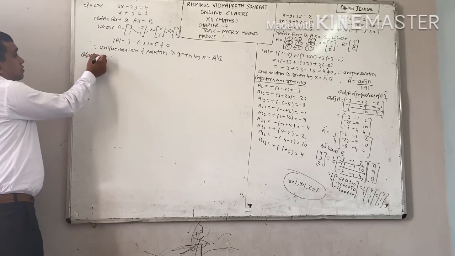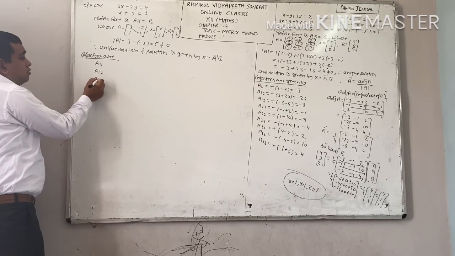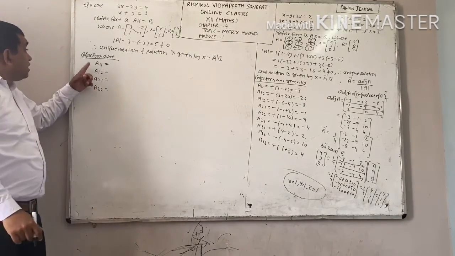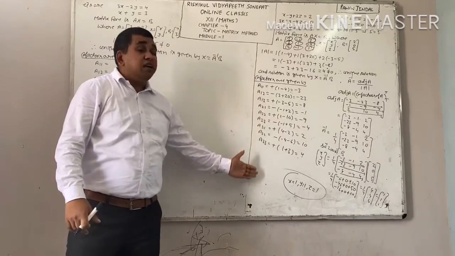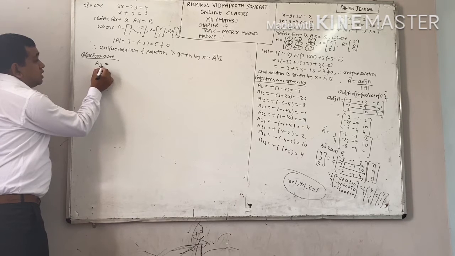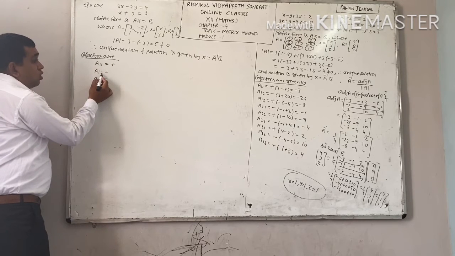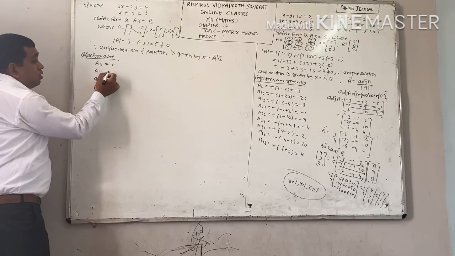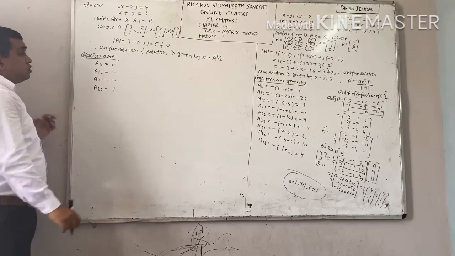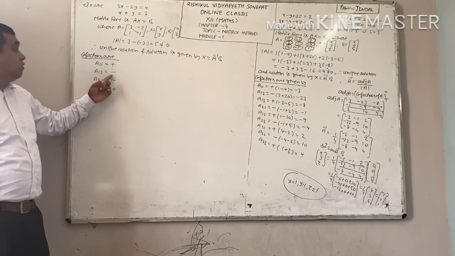Cofactors are, for first row A11 and A12, for second row A21 and A22. These are the cofactors. But here there is one change. You will not put alternative positive negative sign. Here sign will come according to position. If the sum of position is even, 1 plus 1, 2, even, you will put a positive sign. If sum of position is odd, you will put negative sign. 1 plus 2, 3 odd, you will put a negative. Here also sum is odd, you will put negative. Here sum is even, you will put a positive. Means if sum of position is even, you will take positive sign. If sum of position is odd, you will take negative sign.